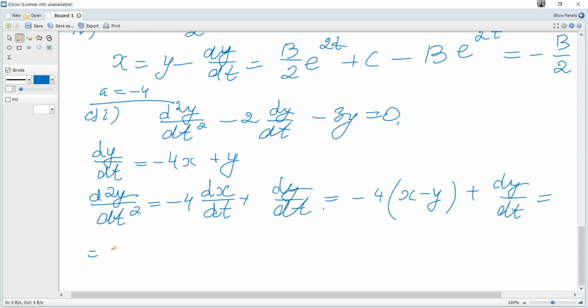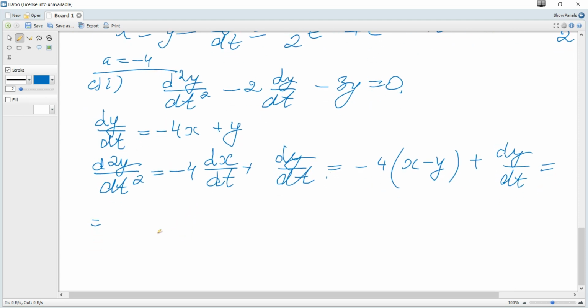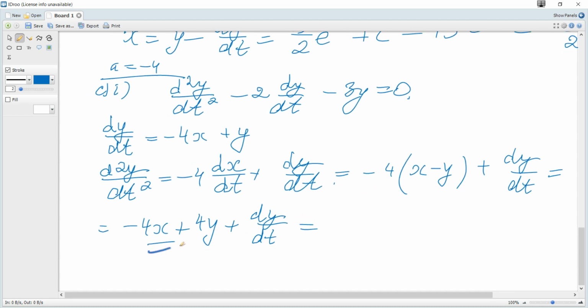It becomes y. Oh yes. Okay, so it becomes -4x plus 4y plus dy over dt. So we need x, and we need it in terms of y, the first and second derivatives only, so we can get x from this. So x is, or actually we need